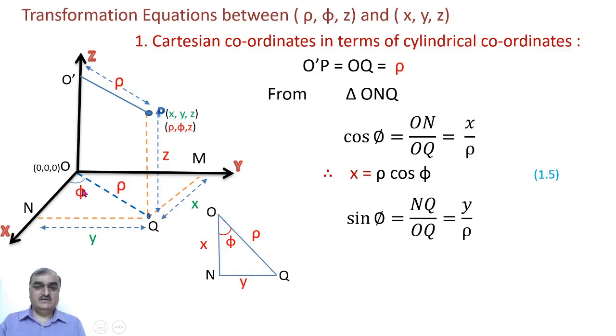Again, from the same triangle, sin phi is equal to front side upon hypotenuse. Front side is NQ, which is y, and hypotenuse is OQ, which is rho. Therefore, sin phi is equal to y upon rho. Therefore, y is equal to rho sin phi. Second equation, y is equal to rho sin phi. And z is same in Cartesian coordinates and in cylindrical coordinates. So we get three equations. X is equal to rho cos phi, that is Cartesian coordinate x in terms of cylindrical coordinates rho and phi. Y is equal to rho sin phi, that is second Cartesian coordinate in terms of cylindrical coordinates. So three equations, x is equal to rho cos phi, y is equal to rho sin phi, and z is